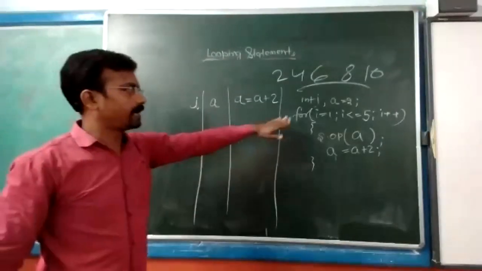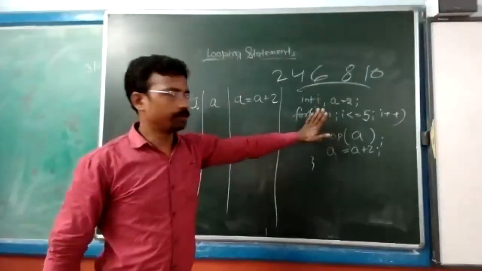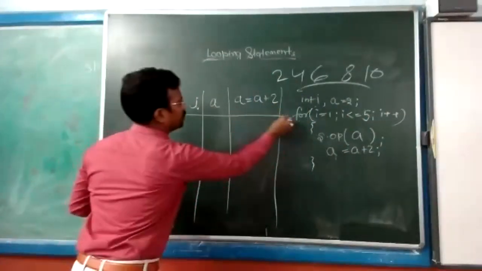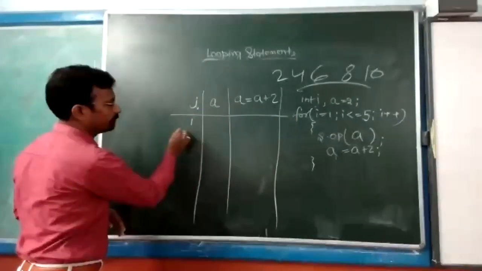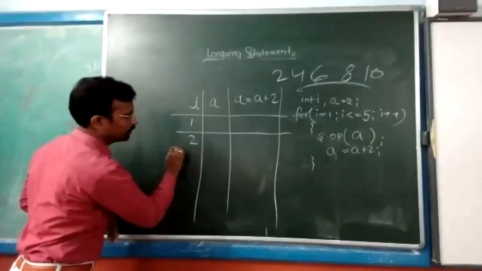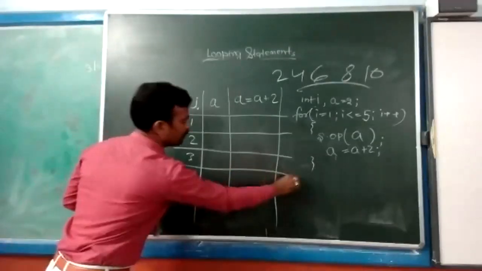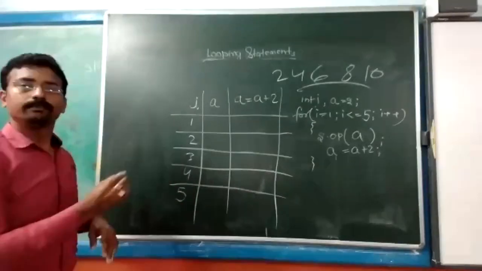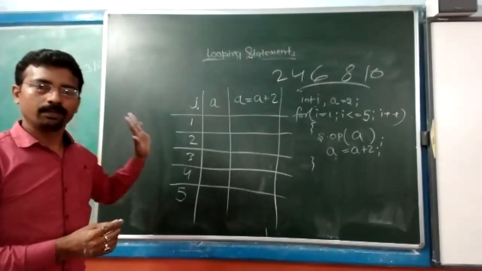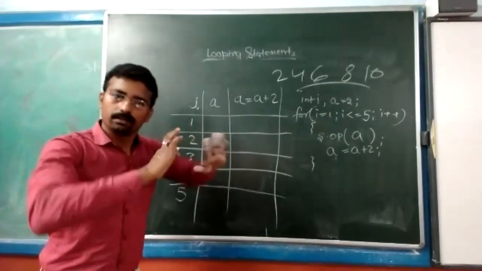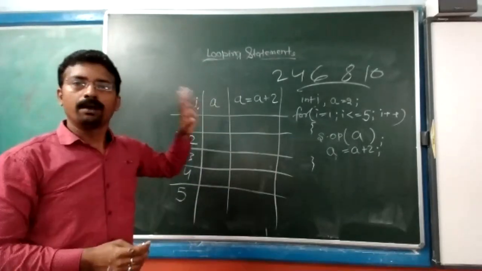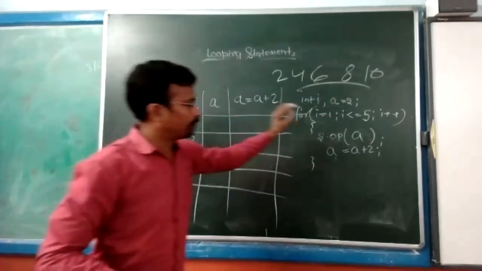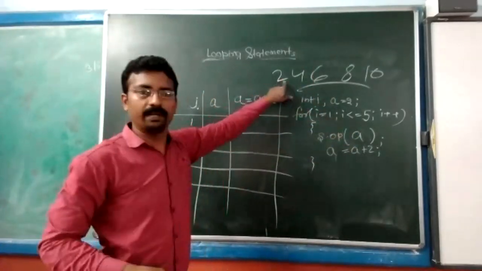If you are not understanding the working of this, just mind how many times the loop will execute. 5 times. So the value of i will be first time 1, second time 2, third time 3, fourth time 4, fifth time 5. This is the value of i. So we have not to see the use of i. It has to execute 5 times. Let it go. No problem. We have to focus on a because it is going to print this result.